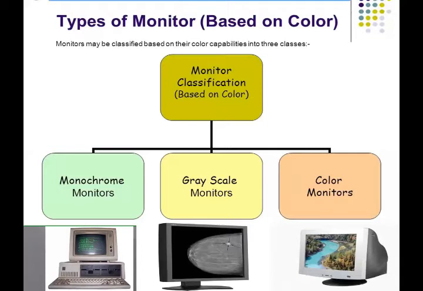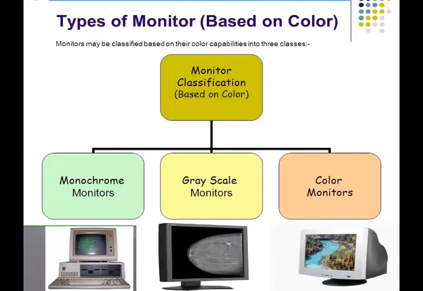Bandwidth. Bandwidth is the range of signal frequencies the monitor can handle. This determines how much data it can process, and therefore how fast it can refresh at higher resolution. Refresh rate. How many times per second the screen is refreshed to avoid flickering. The refresh rate should be at least 72 Hz.